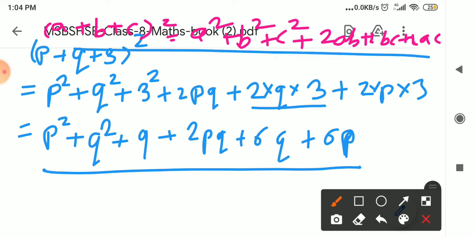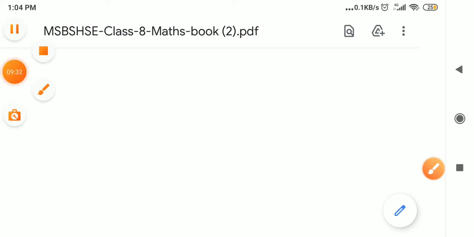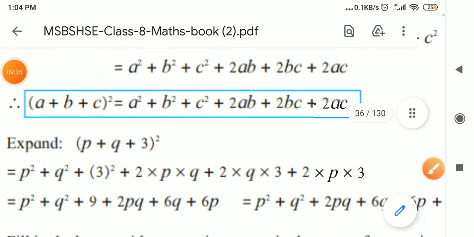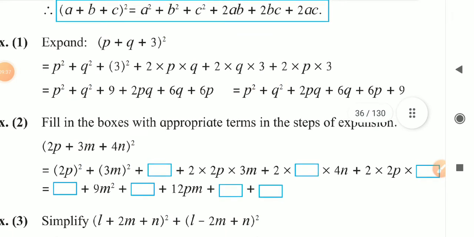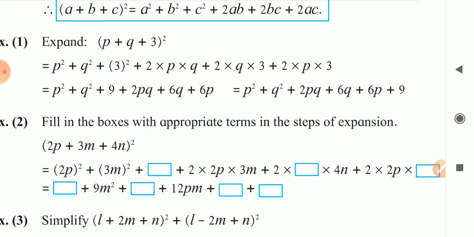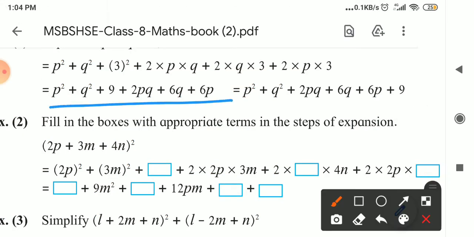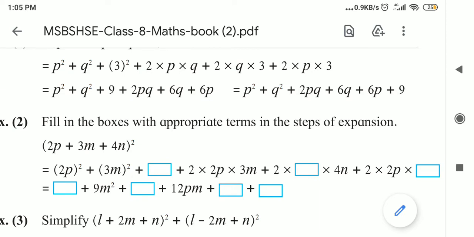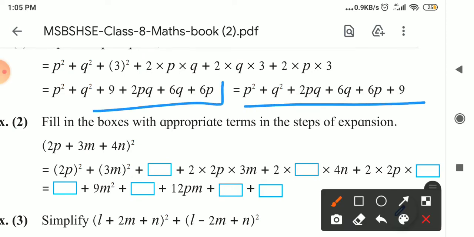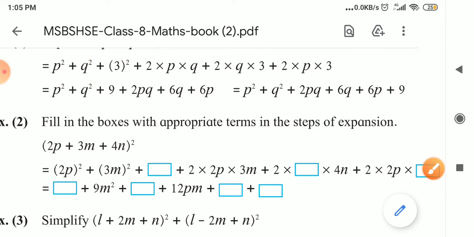Okay, now we will see the next example which was given in our textbook. The question is, if you see here, just now we solved this. After this step, what they had done, written in the proper way. So P square, Q square written again, first 2PQ, this one 6Q, 6P, and then the number they written here at last. Okay, in this way writing, then also it is only this standard form. We solved the example till here, but this step you have to increase.